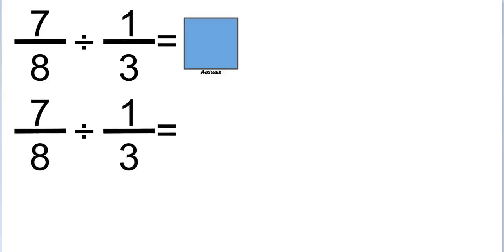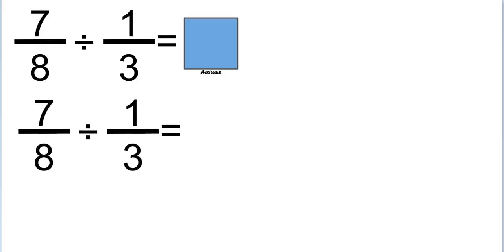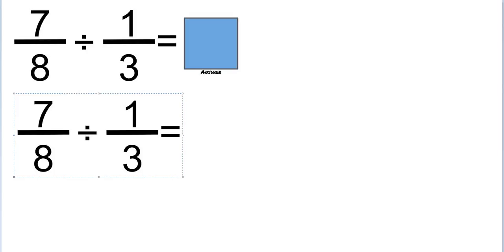If you don't understand what's happening when you're dividing fractions, I recommend watching both of the videos that are on the task card. The keep, change, flip wrap is pretty informative. If that still doesn't make sense to you, you can ask your teacher or you can watch some videos on Khan Academy. So I have this division problem 7/8 divided by 1/3, which means if I'm dividing something by